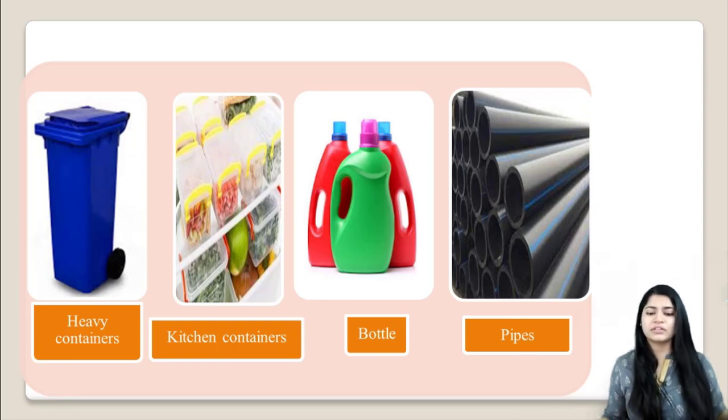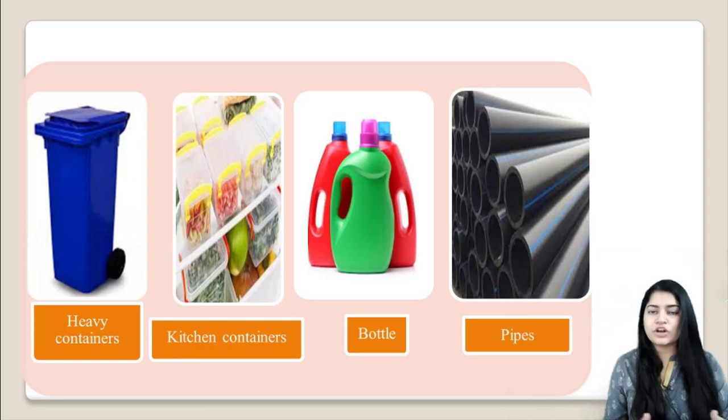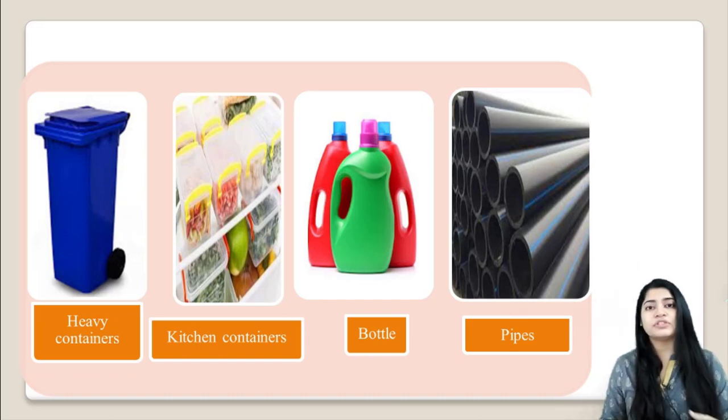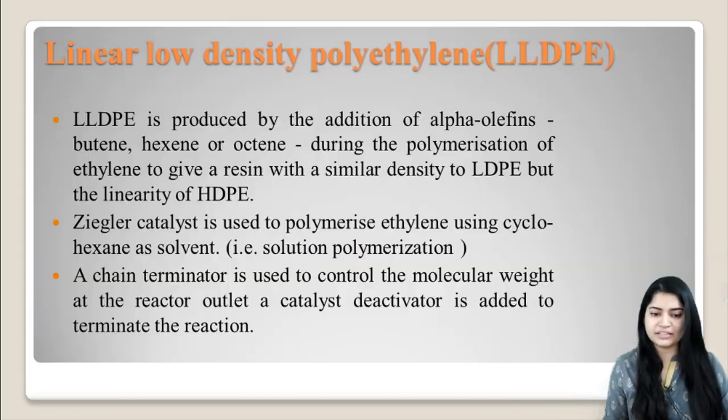Nowadays many of the utensils are made of plastic also, which you generally use to store food in the fridge. So those kitchen containers are also made of what? High density polythene. Then bottles also, your hard bottles, good grade bottles which are made of heavy plastics. That plastic is HDPE. Then pipes are also made of HDPE. So these are certain uses of your high density polythene. Important note here is your process is what? It is a low pressure process, and the catalyst used here is Ziegler-Natta catalyst.